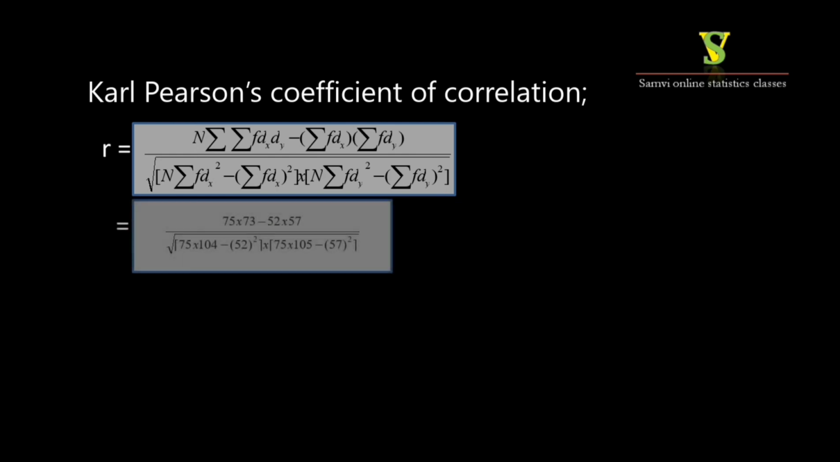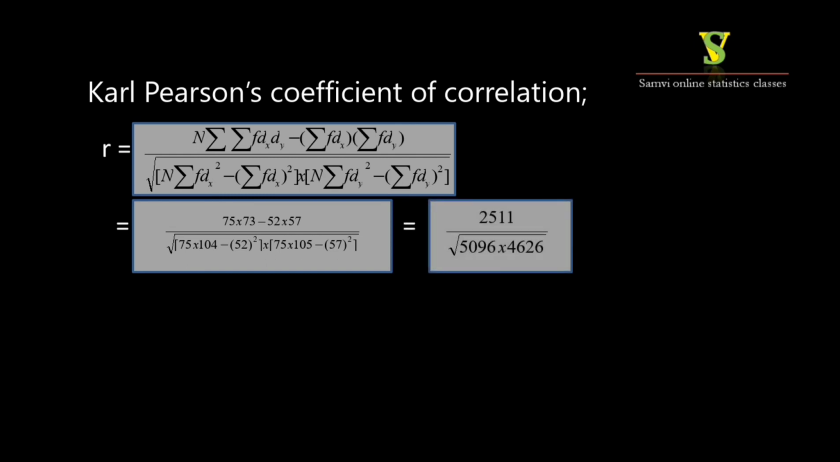Substitute all the values. So if you substitute, we'll get like this: 75 into 73 minus 52 into 57 divided by square root of 75 into 104 minus 52 whole bracket square into 75 into 105 minus 57 whole bracket square. You have to simplify these values. So if you simplify, we get here 2511 divided by square root of 5096 into 4626. So first simplify the denominator part and the numerator part will be divided by this denominator part. If you simplify, we'll get the result is